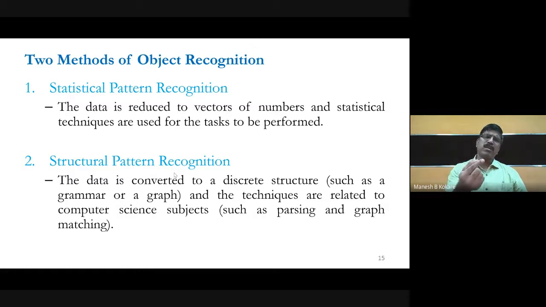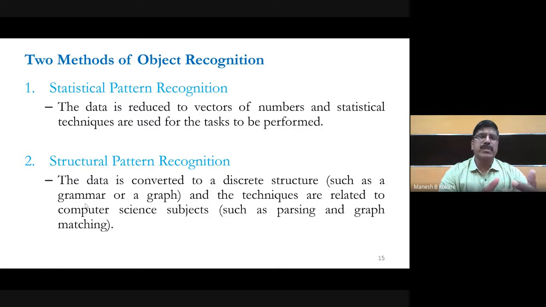These symbols are not in number form. They may be in some kind of shape forms, or in alphabets and something like that. So the data is converted into a discrete structure, such as a grammar, or graph-based techniques are used. And the techniques are related to computer science subjects, such as parsing and graph matching techniques.